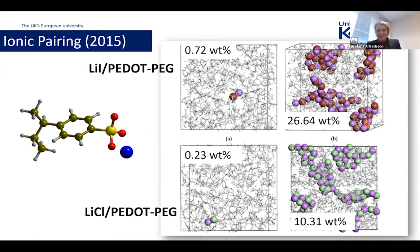It's a good question. Two reasons. One is that we want to understand what is actually happening on an atomistic level. And this is a good way of finding out really what is happening, because it can be very difficult to interpret experimental results. The other reason behind this project was that we wanted to identify which one of these polymers was most suitable for the batteries, which one was going to have the highest diffusion, highest conductivity, and so on,